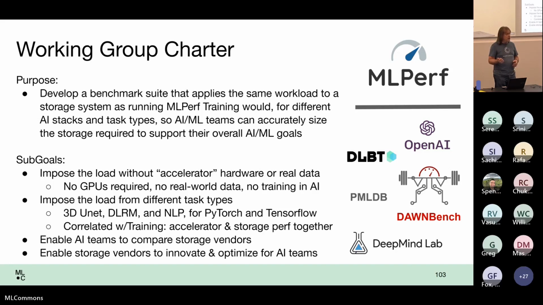This is our first submission round, so we've got the infrastructure set up for, we understand the problem now. I'll tell you more about how we're solving it, of benchmarking storage systems. We are coming up the ramp on keeping up with training. The velocity of the MLPerf training group is pretty high, and so they're changing the models that they use, and we're catching up to them, right? Bringing the workload that the new models, DLRM, and whatever the latest one is, apply to storage. Anyway, we're catching up.